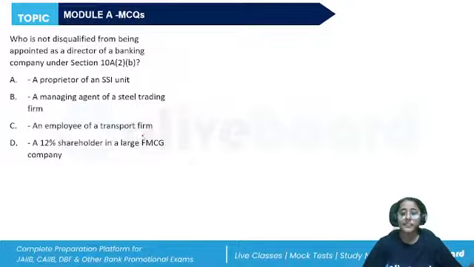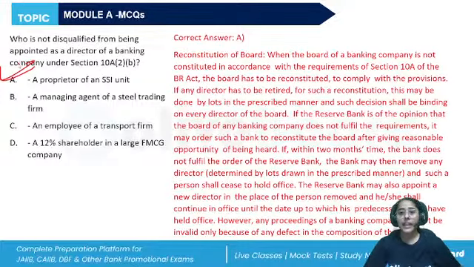So, persons who are engaged in any other business or vocation, or whose term of office of a person maintaining the company is for a period exceeding 5 years, they will also fall in the prohibited category. So, a proprietor of a SSI unit is prohibited. Yes. So, this is the restriction on employment of any person on the board of directors of a banking company. All right. This is clear.